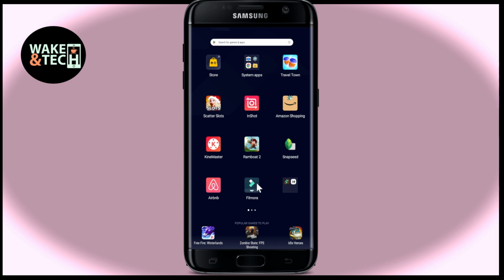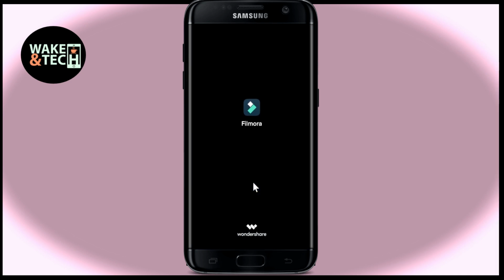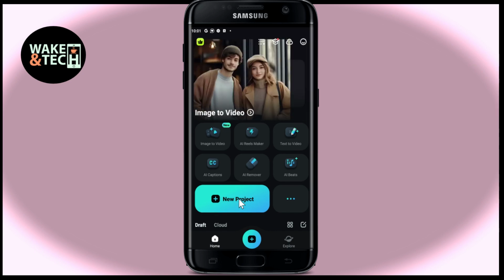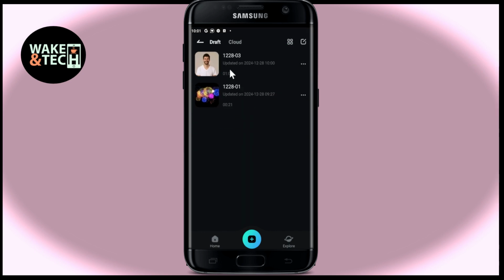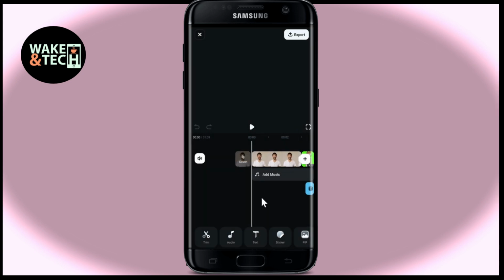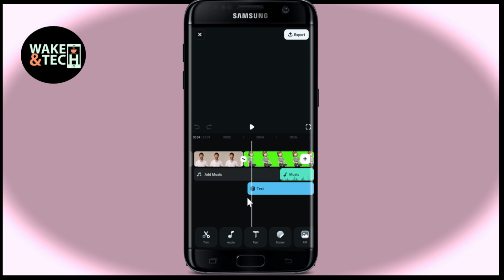First of all, open up the Filmora application on your device. And once it is opened up, you can create any new project or open up any of your old ones from your draft. After opening up your desired project and adding your media, you will have various different options to